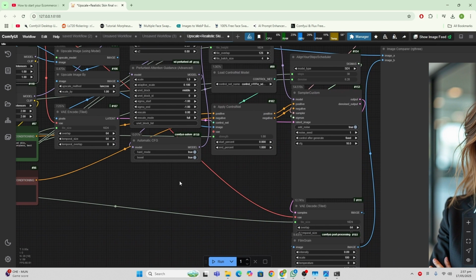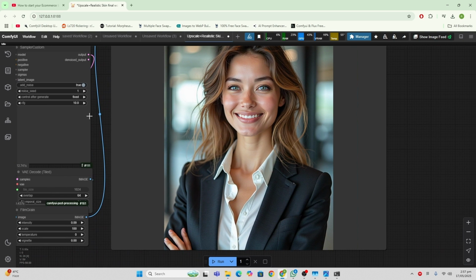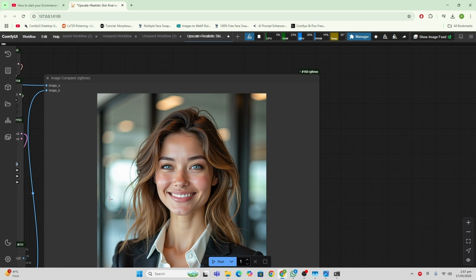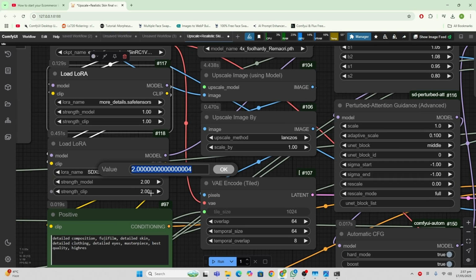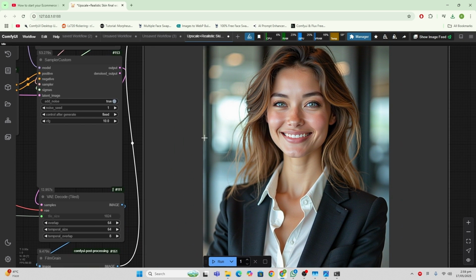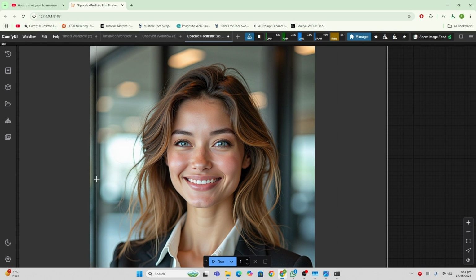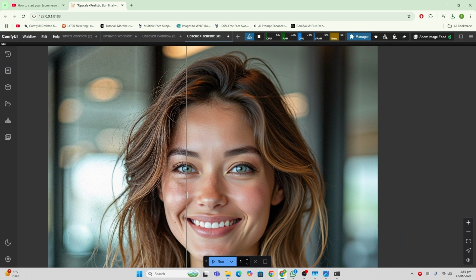So now you have to discover in the process. If you see, it's realistic now, but it's very sharp. So for that you have to reduce this. For example, I will go 1, and for here I will go 3.75 and then run it. Okay, the new render has been finished, so let's see what has been done. Okay, so this is looking perfect, I think so.